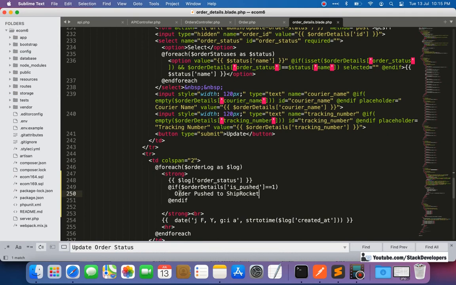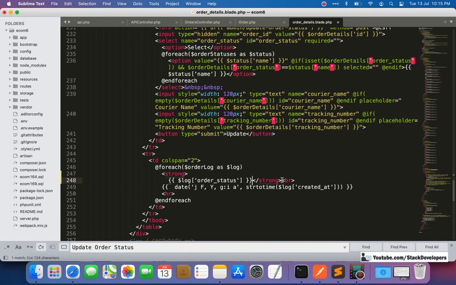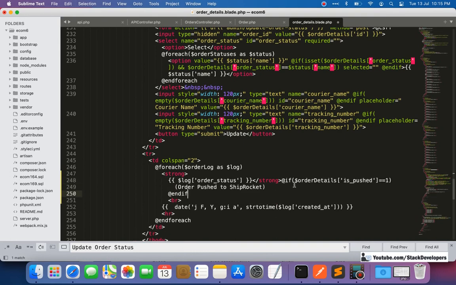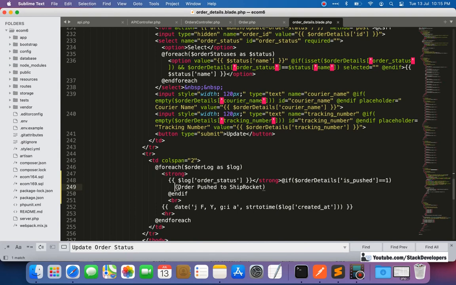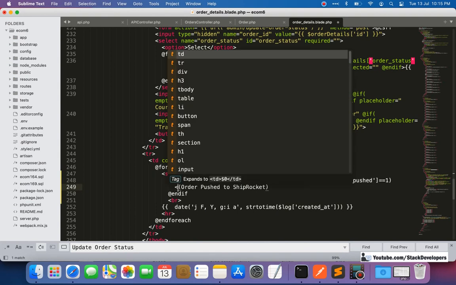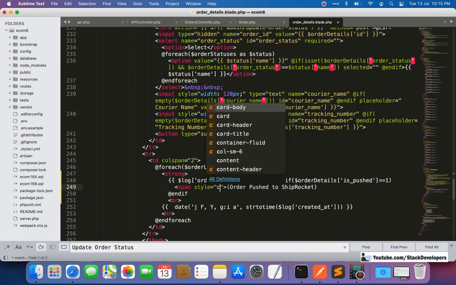Here it is coming out as push to ship. We are going to change its color as well. We can do one thing, we can move it outside strong if we want, something like this. First of all we are going to check it, and also we can change its color with span style color.